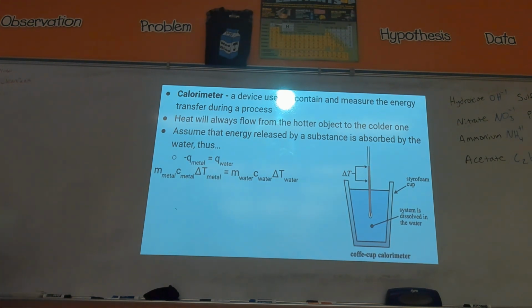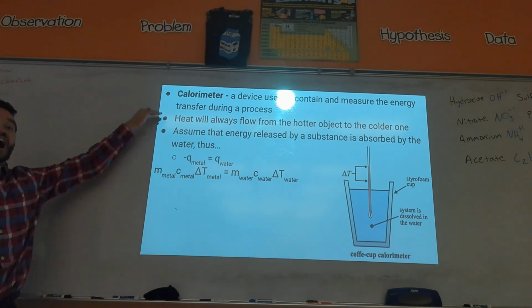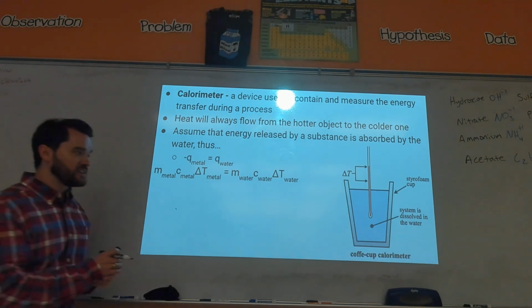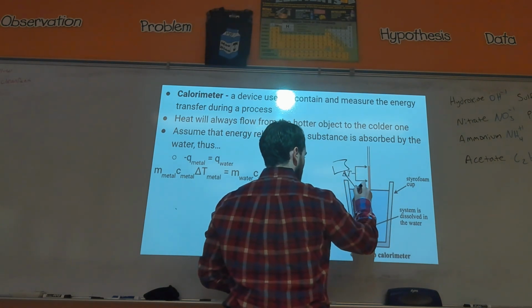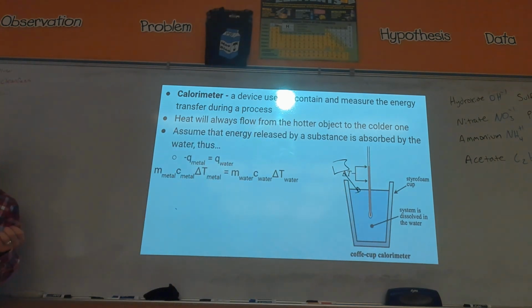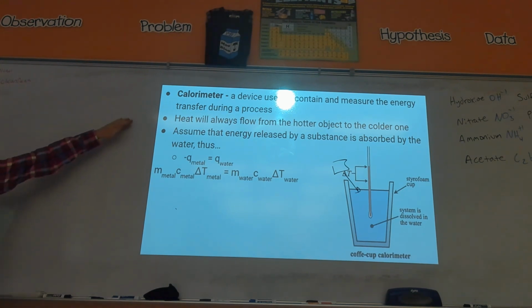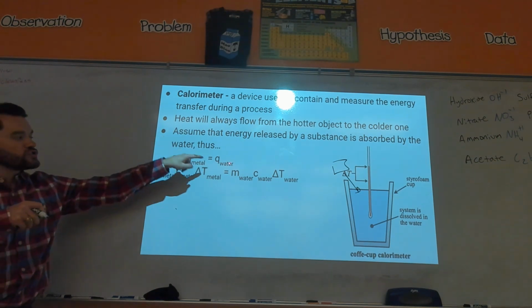They call it a coffee cup calorimeter. We could have done this lab, but we're just kind of tight on time at this point. But the idea of this calorimeter is I would have a really hot piece of metal. Picture I got a hot piece of metal, and then I put it in a styrofoam cup that's filled with water. So then the heat from the metal will mix with the colder water, and those two will come to a normal temperature. The idea would then be I can calculate just how much of that heat moved from the metal to the water.